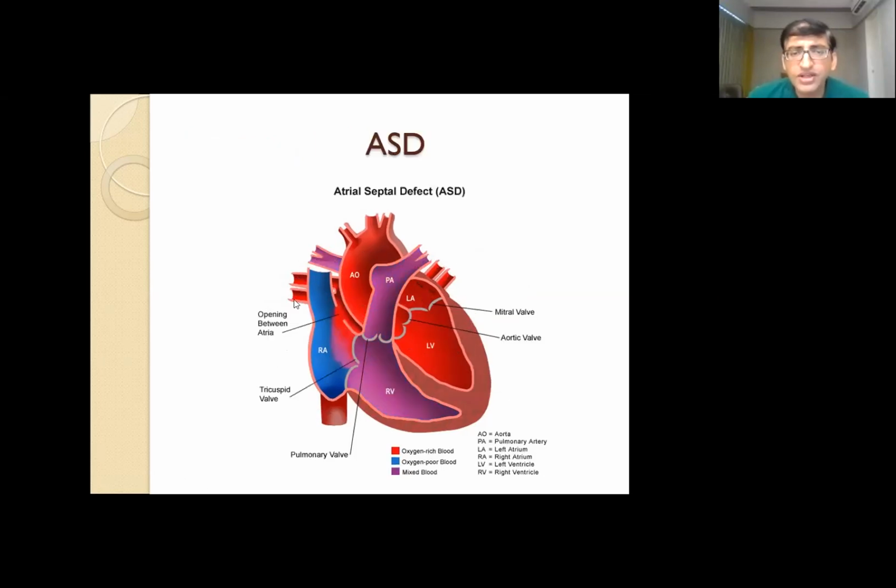Now coming to the atrial septal defect, as the name suggests, it is a defect in the interatrial septum. Because of the defect, and the LA pressure being 3 and the RA pressure being 3, the flow across the defect depends upon the ratio of systemic vascular resistance to pulmonary vascular resistance. We all know that pulmonary vascular resistance is less than systemic vascular resistance, and hence the blood will flow from the left atrium to the right atrium. Apart from the deoxygenated blood which comes into the right atrium, the oxygenated blood from the left atrium will also come into the right side of the heart, and hence a large amount of blood is reaching the right side of the heart.